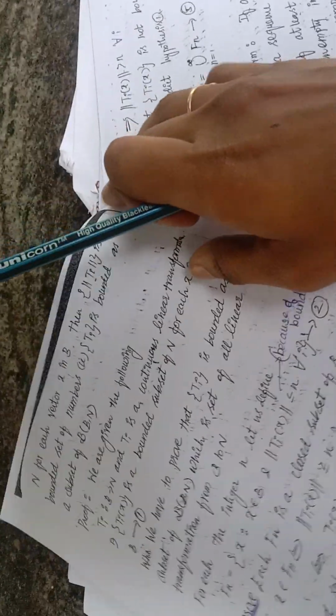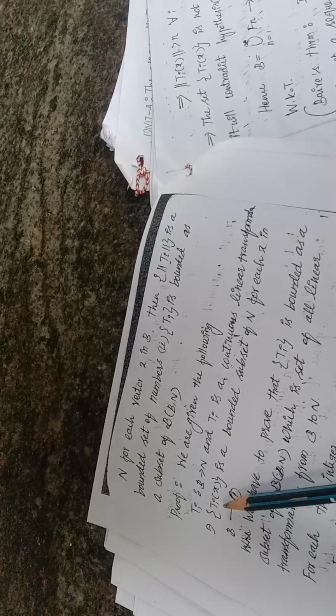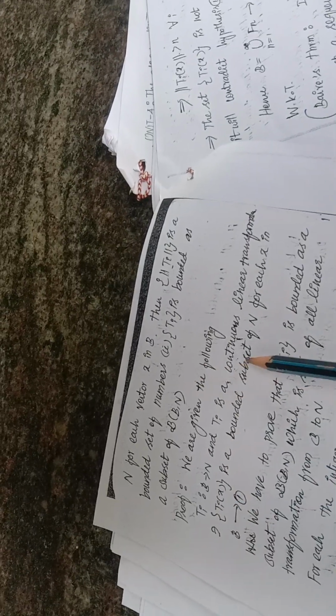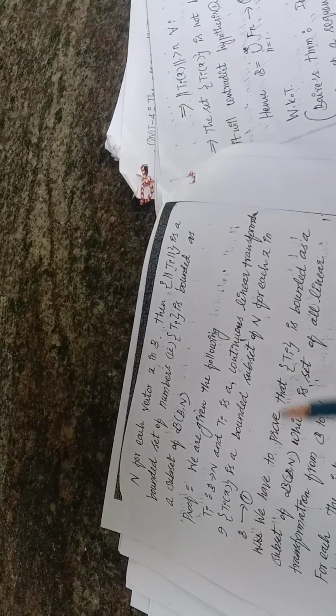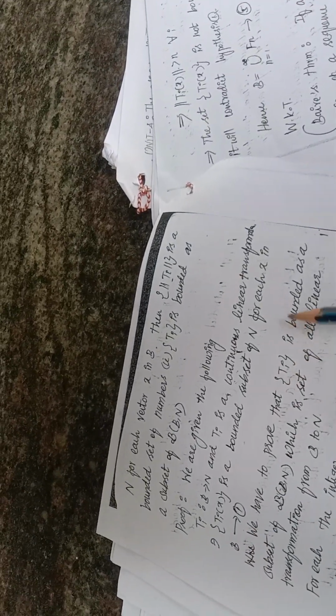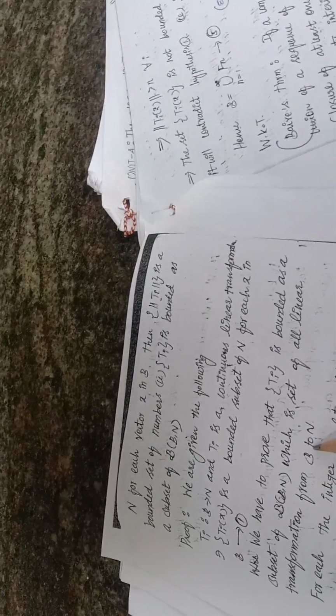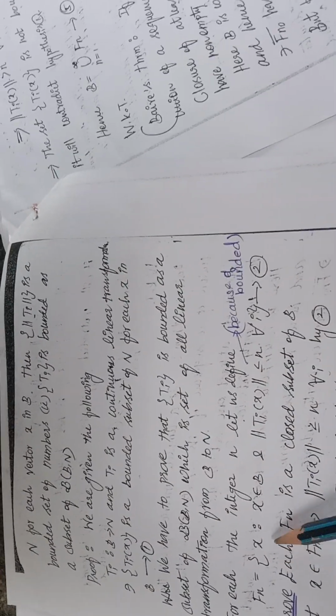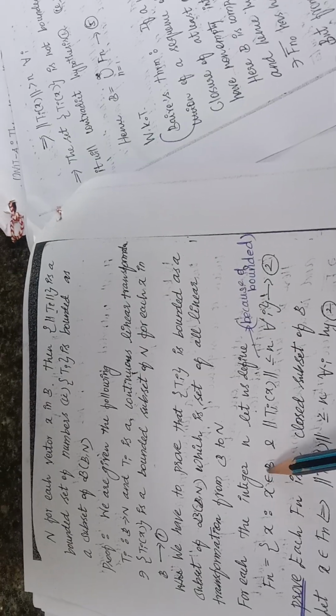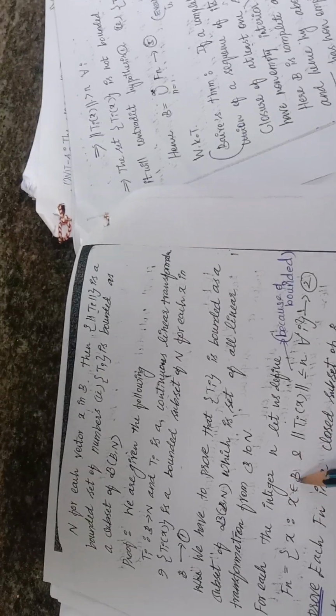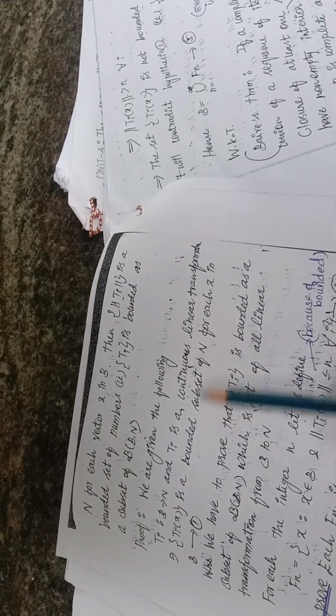We have the following. We know that Ti is a continuous linear transformation from B to N such that {Ti(x)} is a bounded subset of N for each x in B. We have to prove that {Ti} is bounded as a subset of B(B, N), which is the set of all linear transformations from B to N. For that we consider a positive integer n, and we define Fn as the set of all x in the Banach space B such that